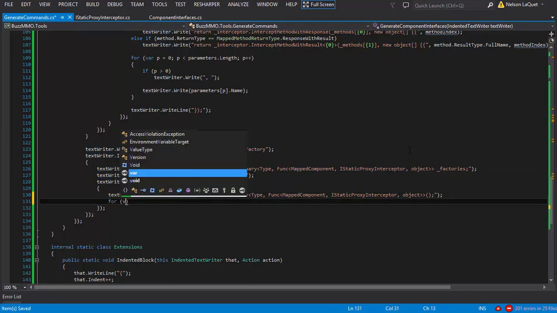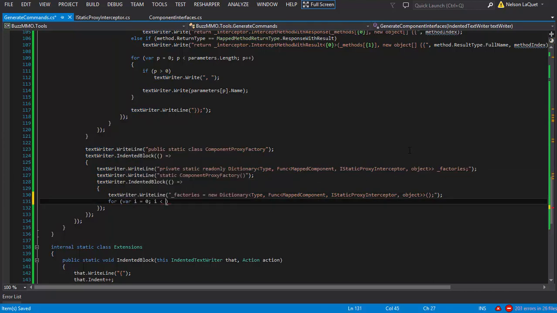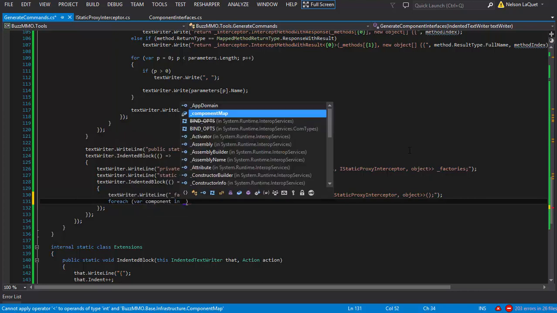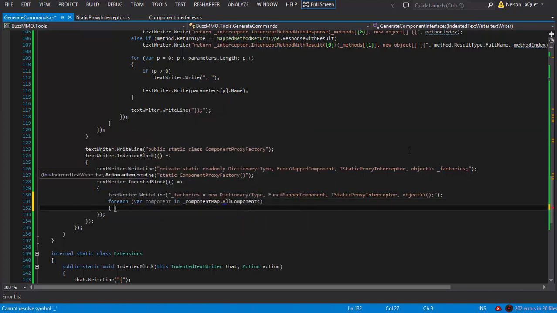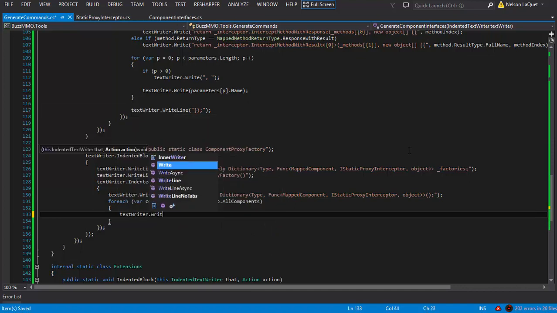Then I'm going to say for var i equals 0, i smaller than, let's see. Actually, no, I don't need to do that. I can simply say foreach var component in componentMap.AllComponents, and for every component, I can simply write line